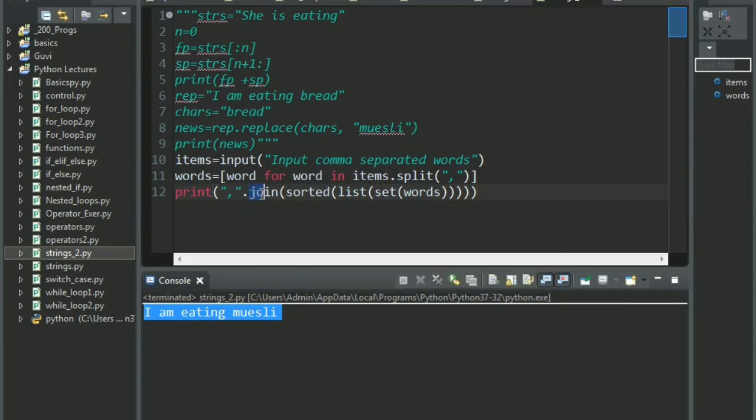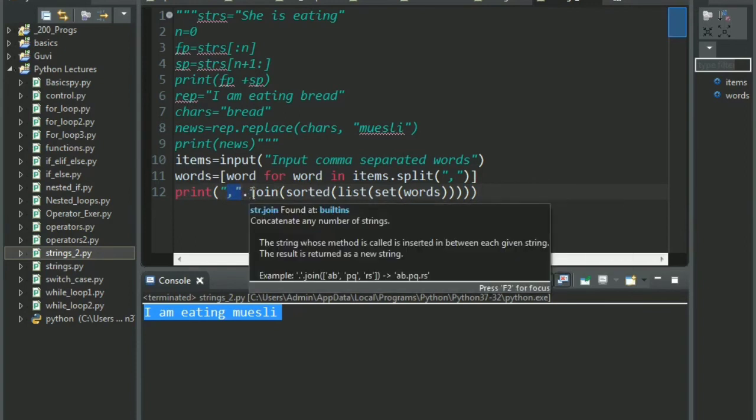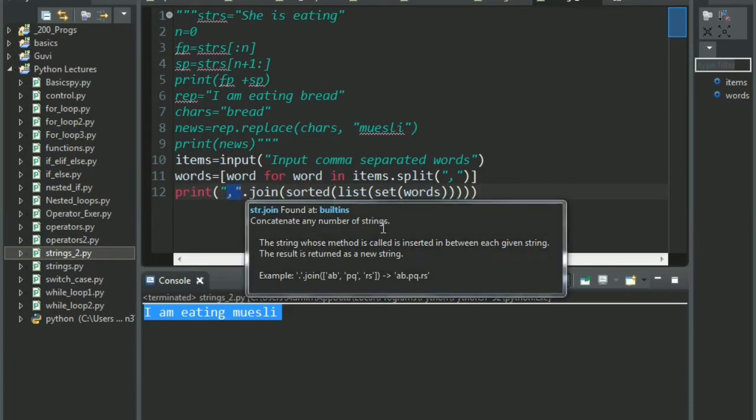And the last outermost function, that is join, that is a string function, you are using the comma operator to join the list of sorted words. So that's how the syntax of join works. You can concatenate any number of strings, and with that, see this example they have given.